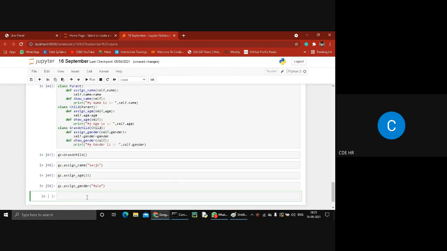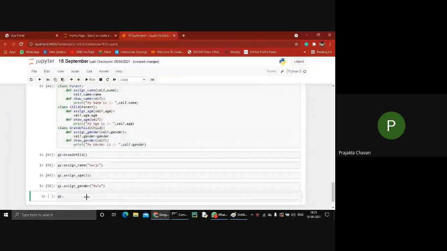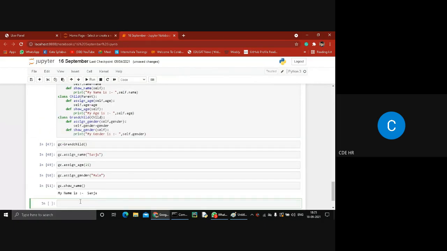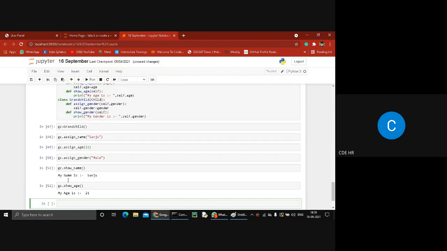Now I want to print my data. Call this function show name. We have successfully shown my data. My name is Sanju. Next I want to see the data available in my child class. So call this function show age. You see, we have successfully printed my age is 21, and the last one is gc dot show gender.